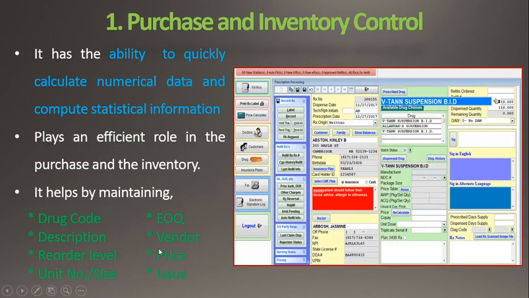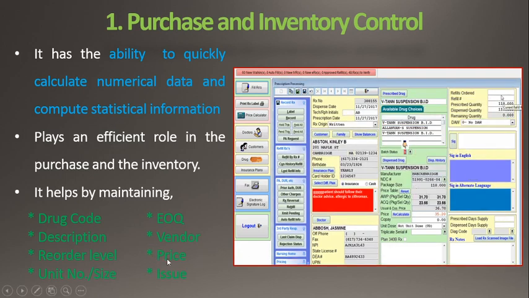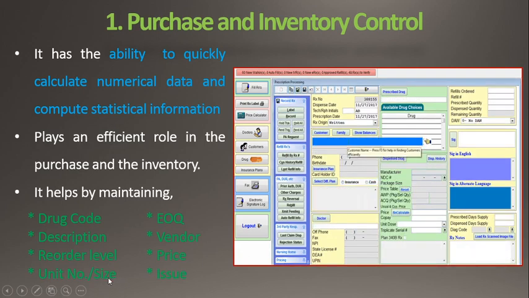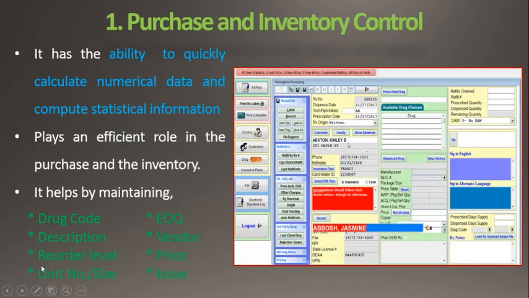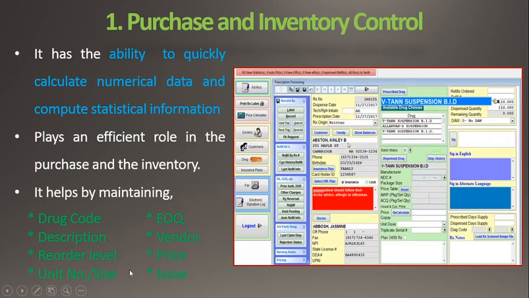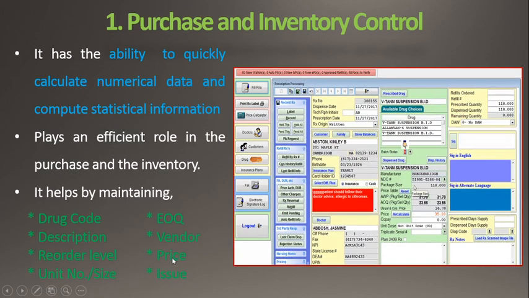Also the price is put for that particular medicine. Also the unit number and the size of that particular medicine, for example 10 tablets per strip or more than that, are included while adding that medicine in the computer, and the issue receipt.